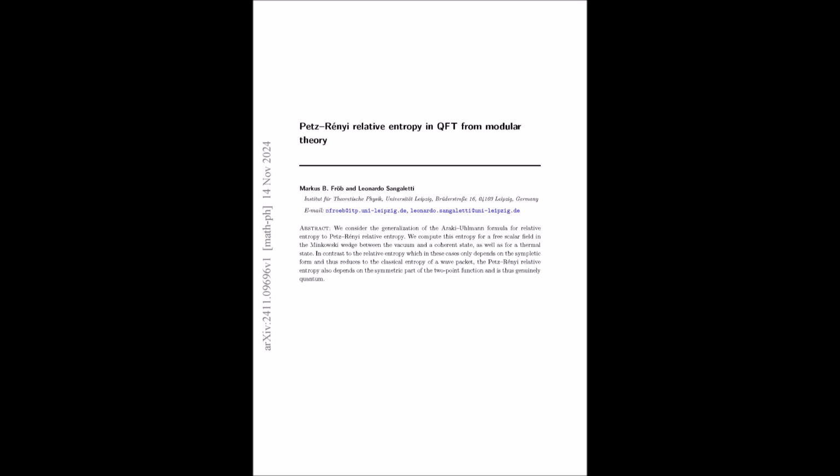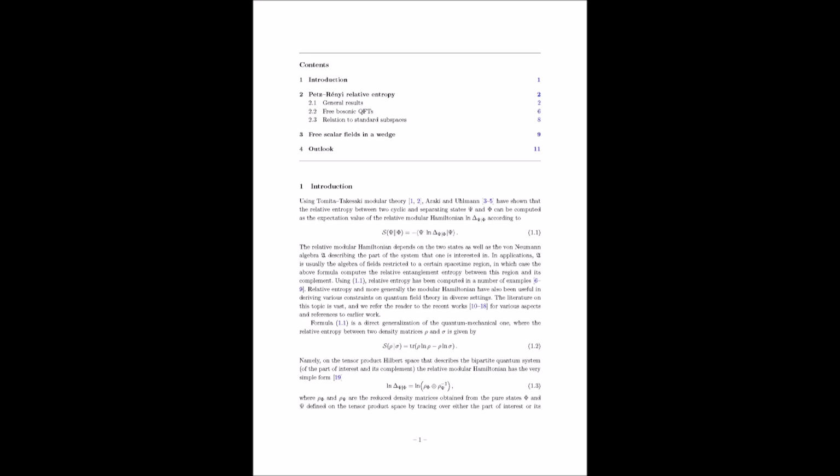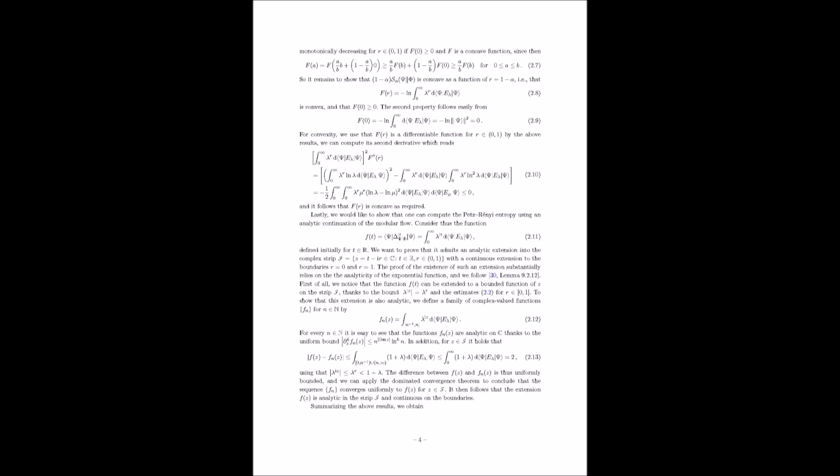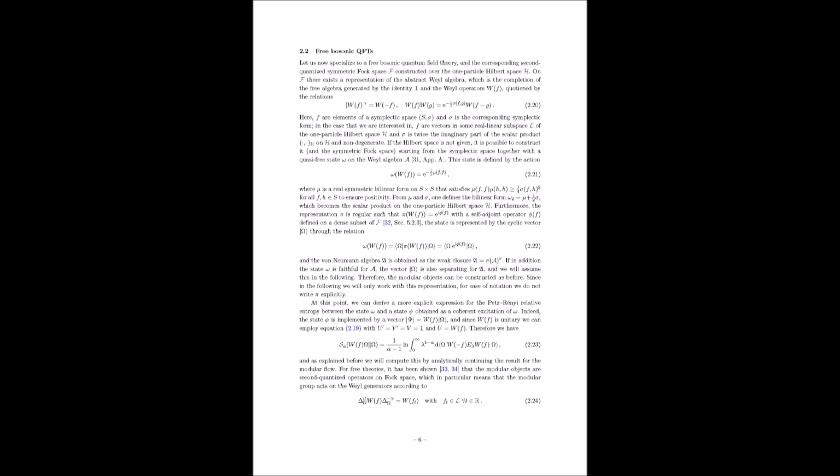Entanglement is one of the most intriguing and counterintuitive features of quantum mechanics. It describes a situation where two or more quantum systems become correlated in a way that cannot be explained by classical physics. It's like these systems are linked in a spooky way, even when they're physically separated. Exactly. How does Petz-Rényi relative entropy help us understand this spooky action at a distance? One way to quantify entanglement is through a concept called entanglement entropy. This entropy essentially measures the degree of entanglement between two subsystems. Petz-Rényi relative entropy offers a way to generalize this concept, providing a more refined tool for characterizing entanglement.